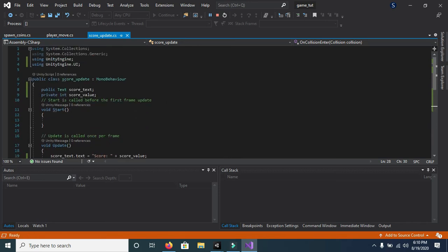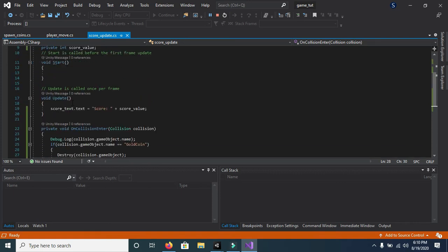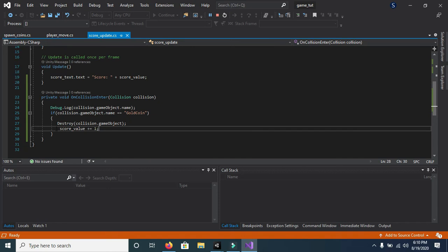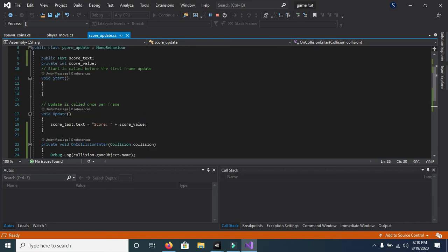The first one will be score text, which will store the UI game object, which is the score text, and this score value will hold the score. I have marked it private, and here you can see whenever the collision takes place, the score value will be incremented by 1, and this Update function will be called every frame. So it will automatically update the score text using this scoreText.text property.